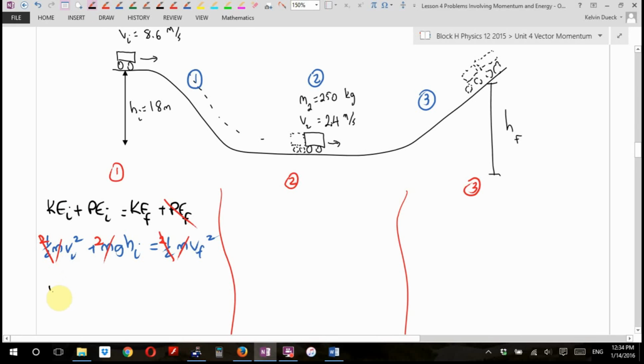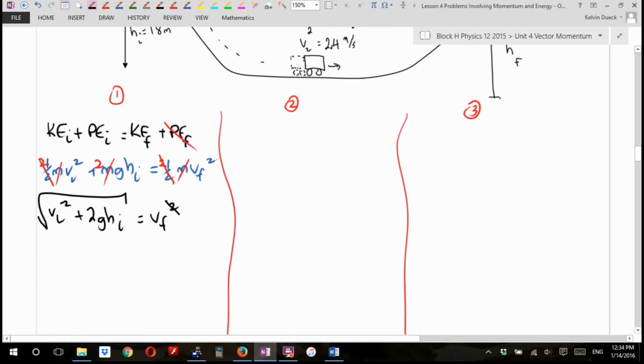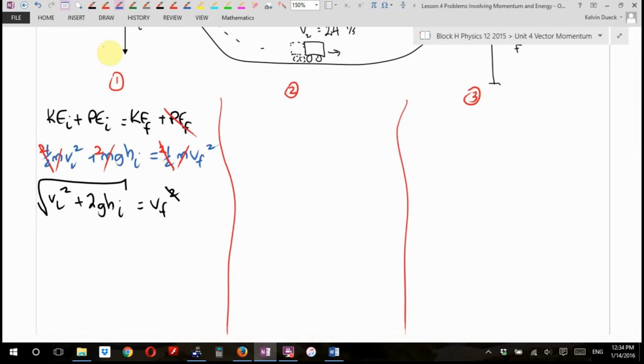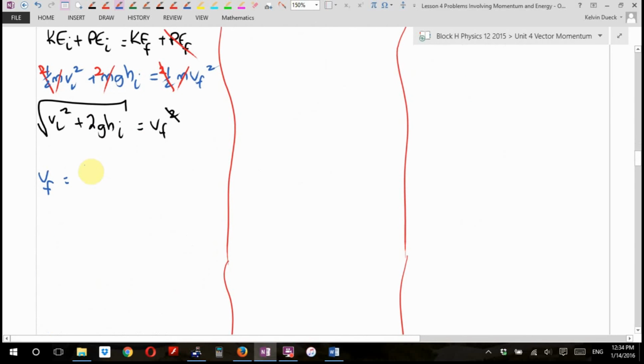That gives me VI squared plus 2G H initial equals VF squared. Woohoo! So the speed at the bottom of the hill is going to be